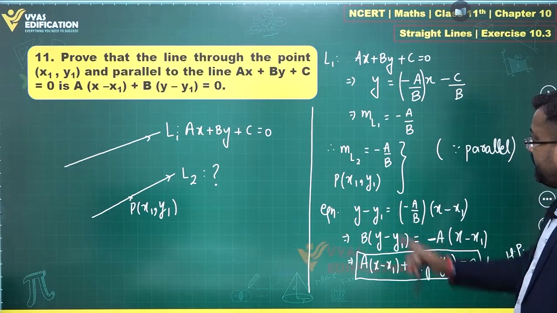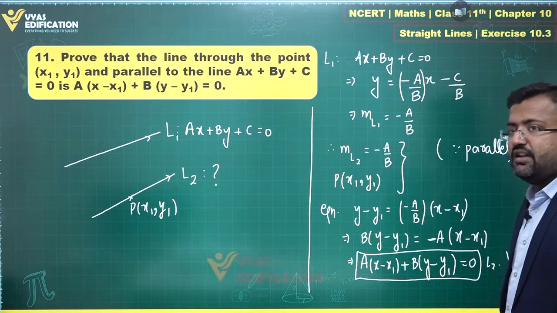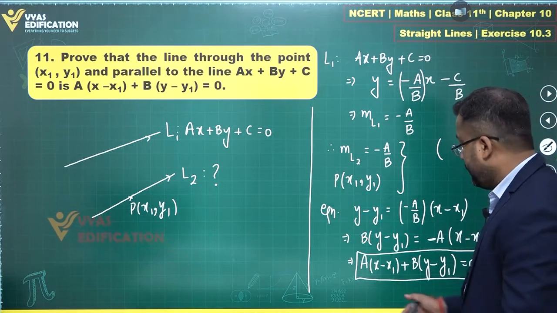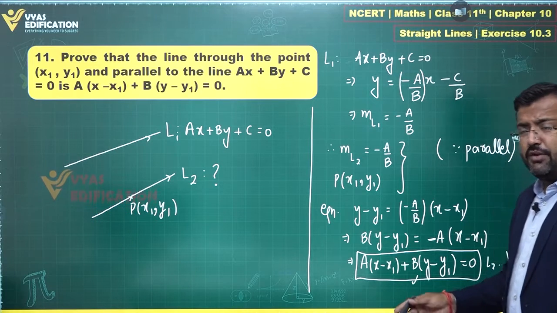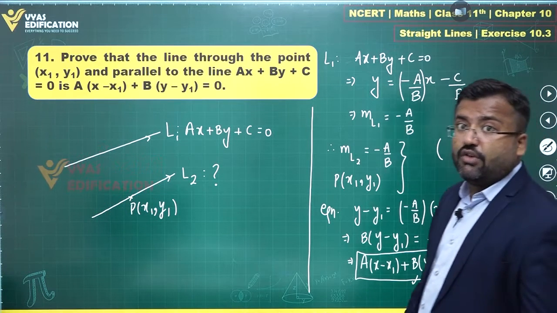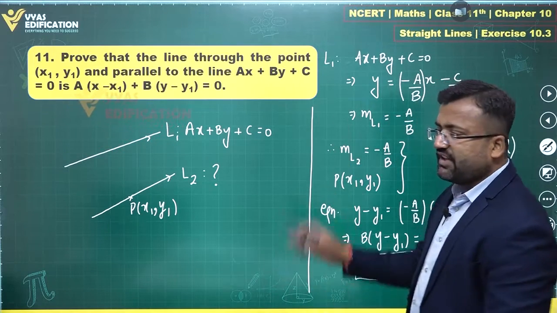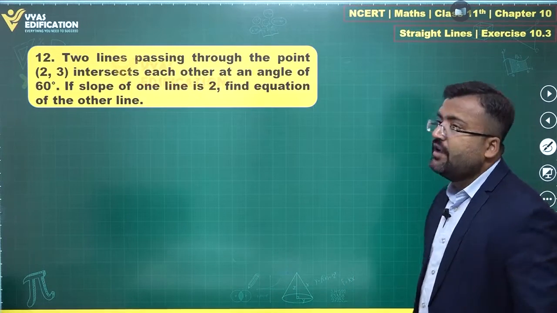That's the equation of line which is parallel and passing through the point x1 y1, and this is what we started with proving to, right? This is what we wanted to prove. That's a complete proof of this question. You can memorize this result for further applications as well. Right? Very specific result, but yes, you can do that. Question number 12